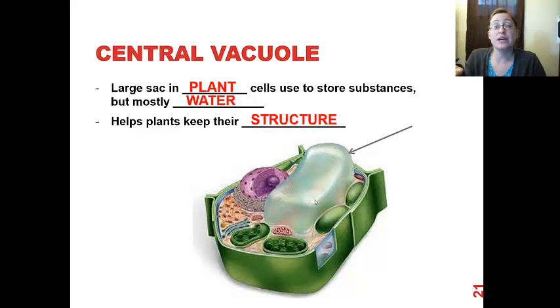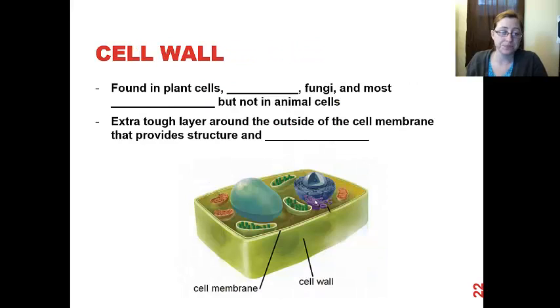That's why if plants don't have enough water, what happens? They look like they're drooping. Their cells are wilting because they don't have enough water in their central vacuole. Also, to help add some structure,